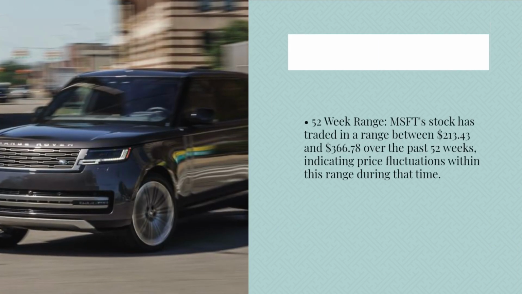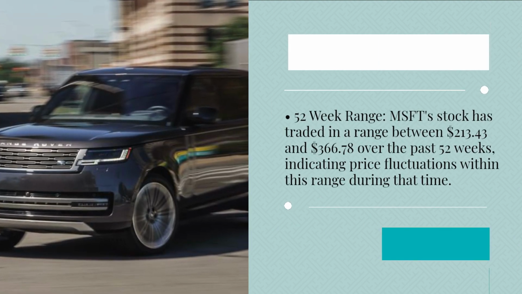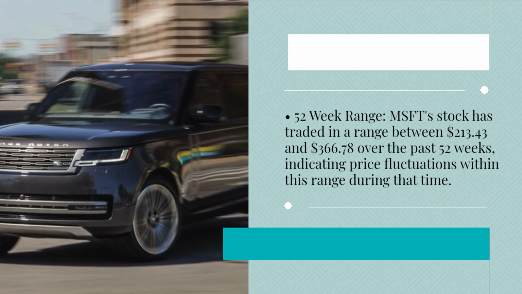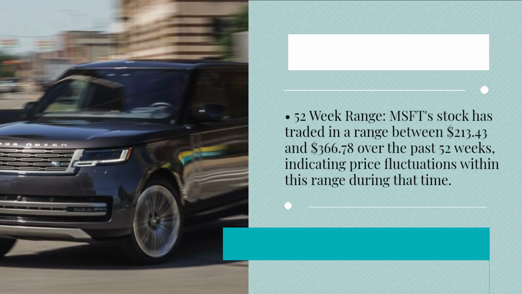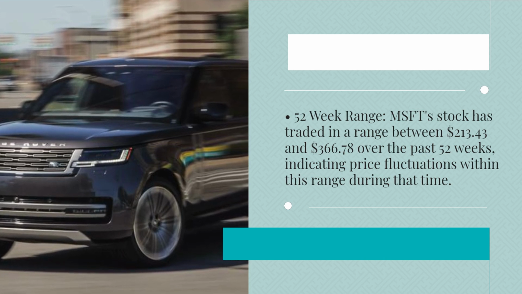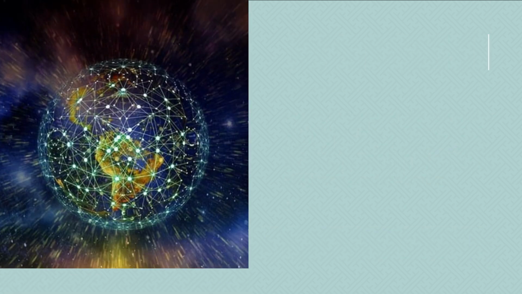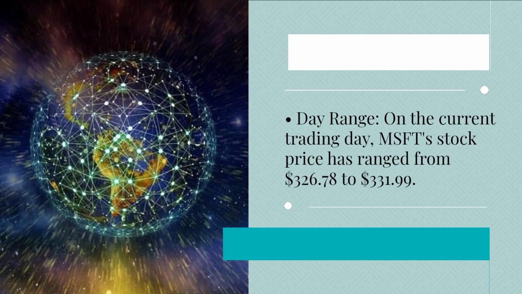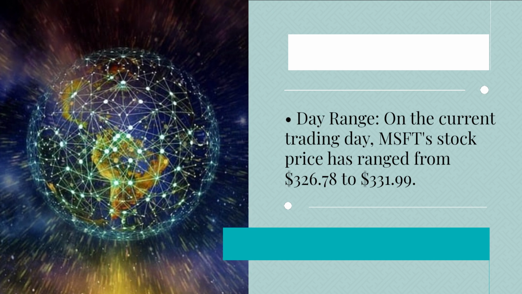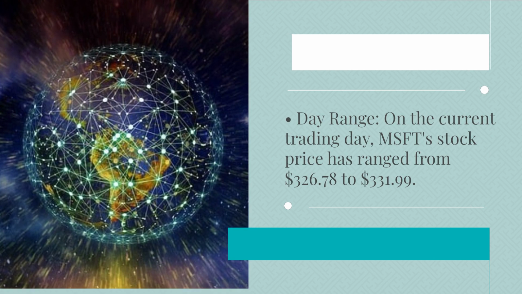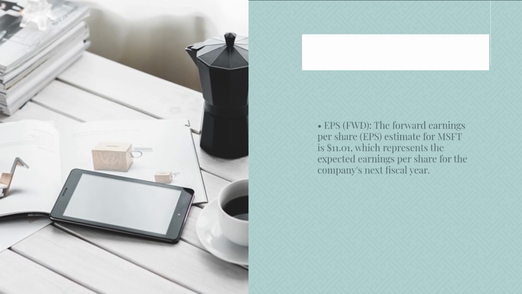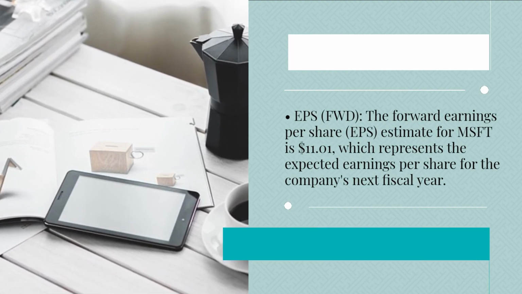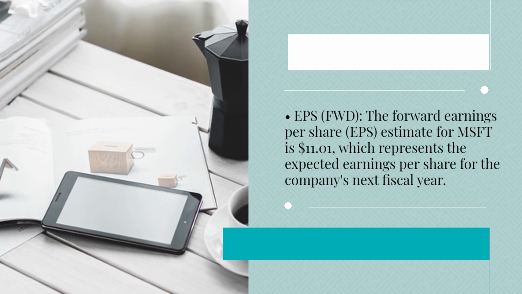52-week range. MSFT's stock has traded in a range between $213.43 and $366.78 over the past 52 weeks, indicating price fluctuations within this range during that time. Day range. On the current trading day, MSFT's stock price has ranged from $326.78 to $331.99. EPS, FWD. The forward earnings per share (EPS) estimate for MSFT is $11.01, which represents the expected earnings per